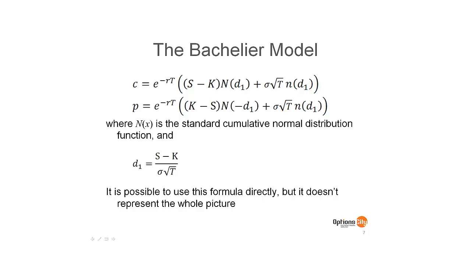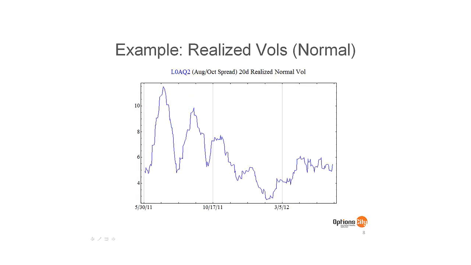Fairly similar in terms of how it looks to the Black-Scholes formula, but again, we don't have any of those issues that we had with the Black model. All right, so having that as a starting point, I think the natural thing to do would be to look at not Black or Black-Scholes vols, but normal vols. So let's look at the historical data that underlies that